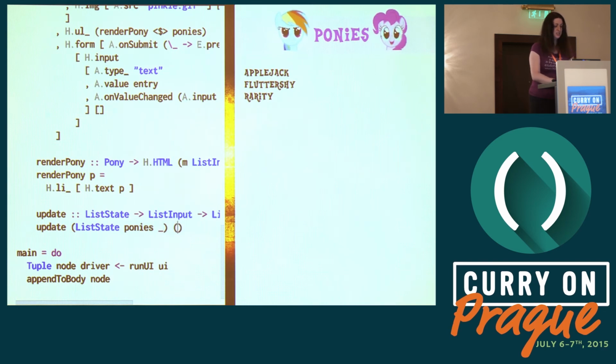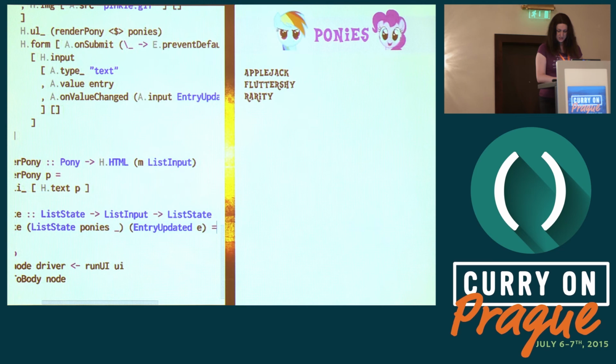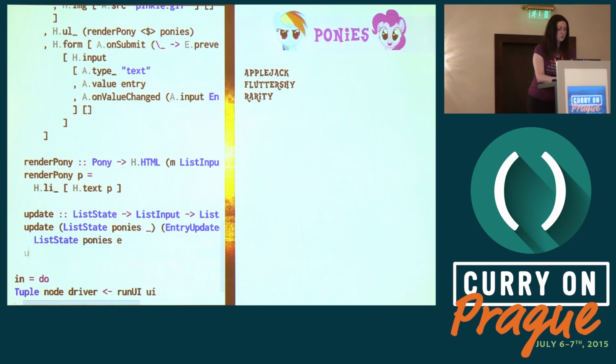This update function takes the state, the current state, and the event to be processed. So I pattern match and get the ponies out of the state. Well, I'm going to process entry updated, which provides a new value for the entry. So I don't care about what it currently is. And I return a new state, which contains our ponies and the new entry. And then I want to add